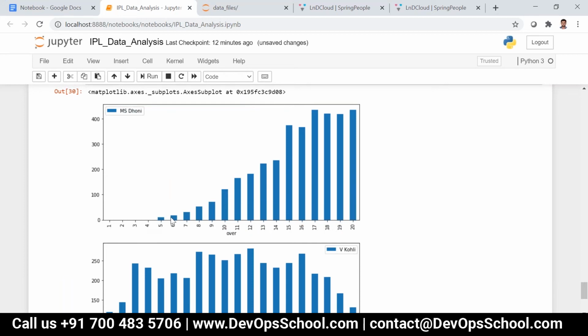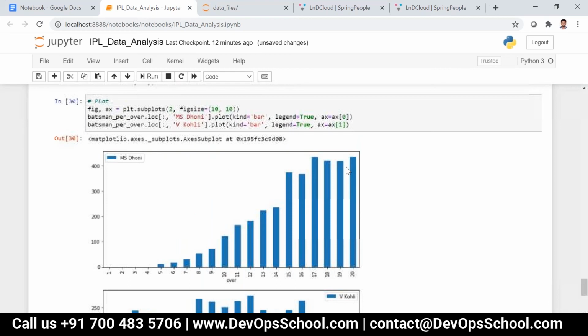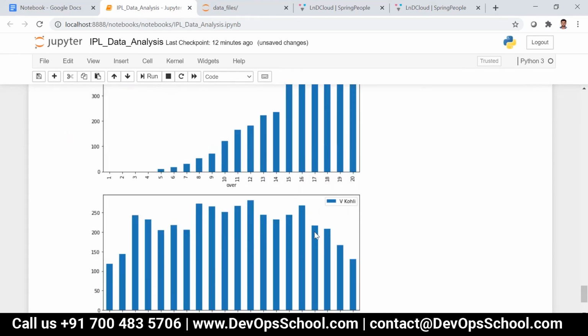In the 5th over, 6th over, 7th over, it is gradually increasing. You can see the stats over here for MS Dhoni. And Virat Kohli has batted in all the overs, but there is not much peak when compared to MS Dhoni. That's why we used to say MS Dhoni is a great finisher and Virat Kohli is a great batsman.